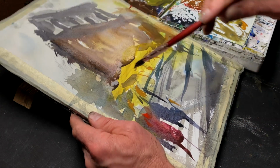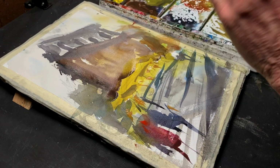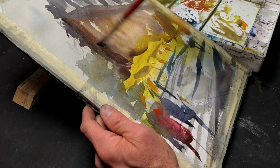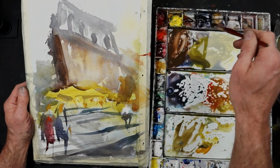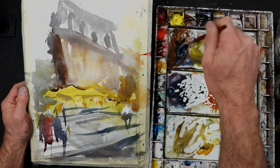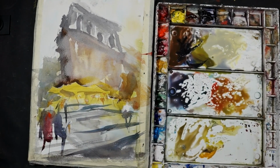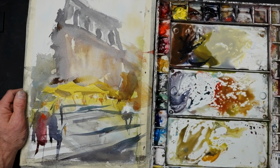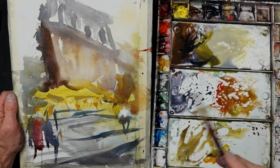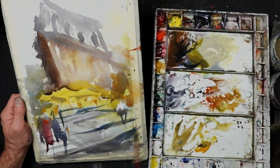I think this wash is still wet enough I can go into it, but not so dry that it's going to give me a stiff edge. Even though that's a corner and it's going to probably be stiff in nature, I don't like it to be too stiff in my painting. I'm going to go to my pointed round now, dry it off really good, and I'm going to break up